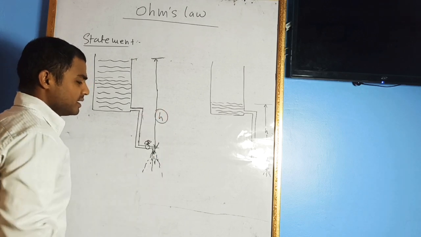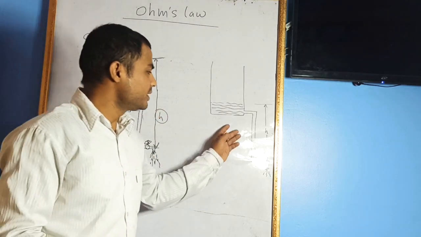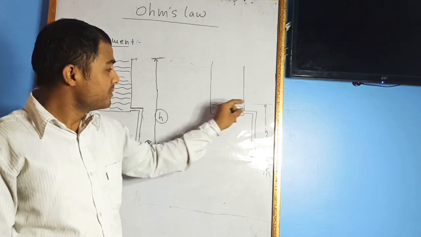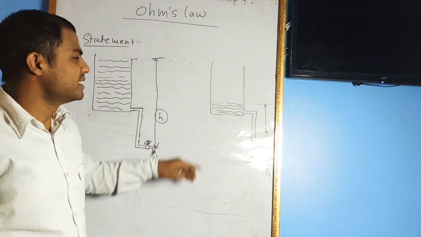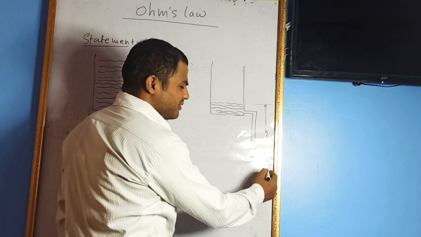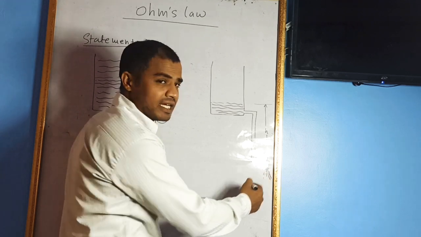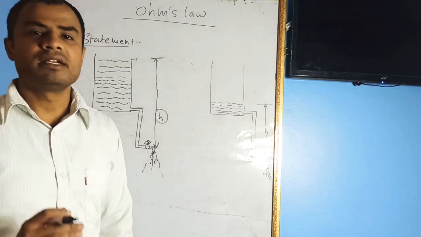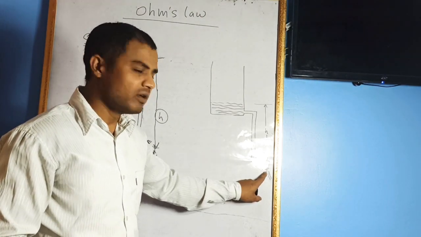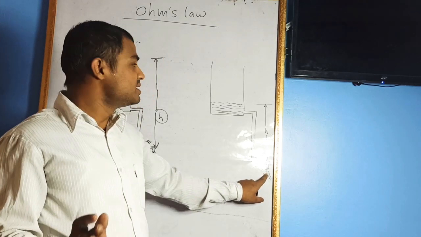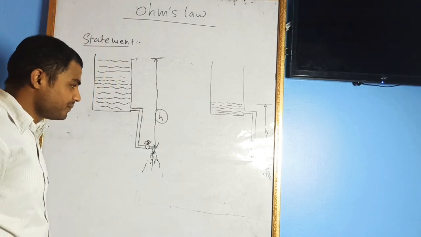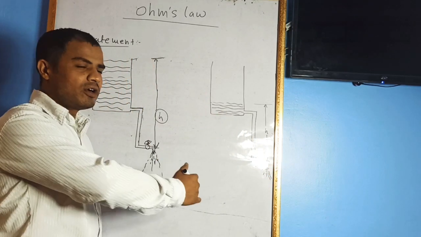That's due to the high head. And look at the second case, the value of head is extremely low here, because the tank is not completely filled, that is partially empty. That's why the pressure will be very less on the drain side. So the flow of water depends on the head of fluid.